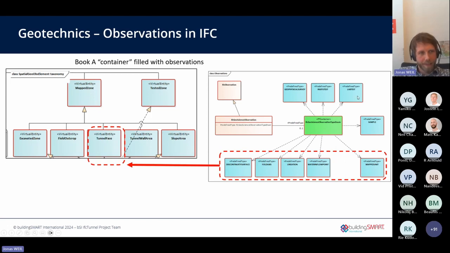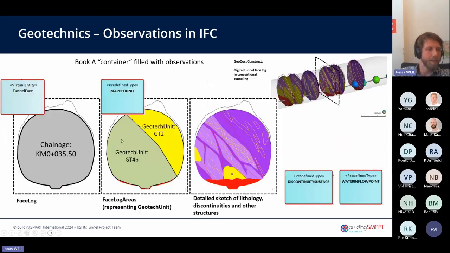So any of these observations can have a geometry but be linked to the spatial element. So this can look like this. You have the tunnel face itself, then you have two mapped units, one part here, and then you can, of course, draw in more detail and include traces of discontinuities, overbreak, and so on, and attach these geometries to your mapped unit and to your tunnel face.